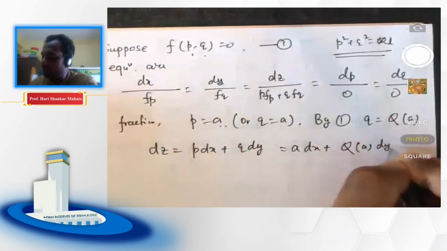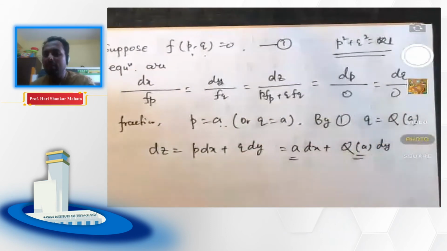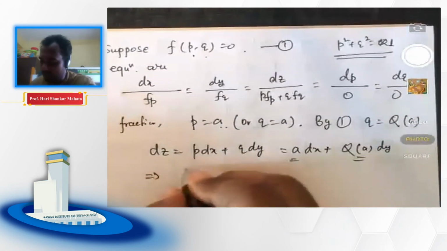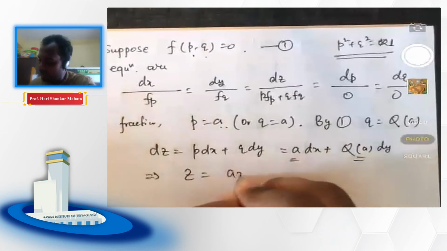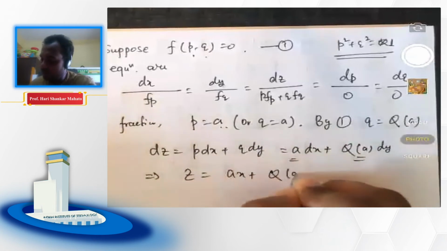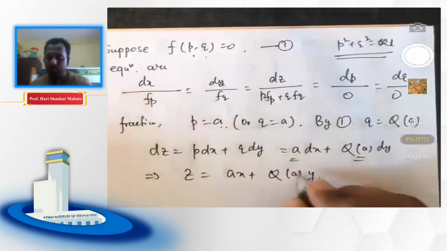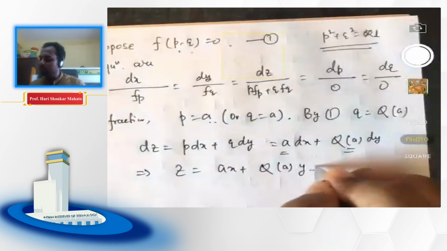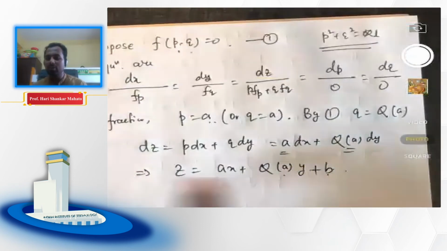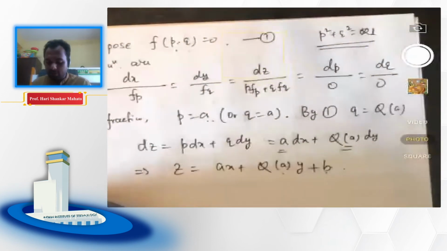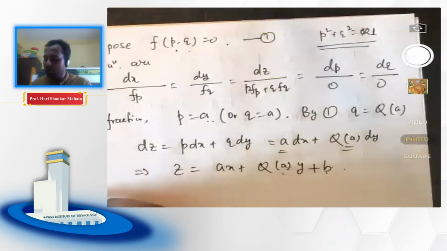Since they are both constants, you can do the integration very easily. And whatever you obtain, you will get z equal to a times x plus Q(a) times y plus some b. So b is that arbitrary constant. So a and b are two arbitrary constants. This is the required solution. You see? So basically, one possible example could be, if it says solve or find the complete integral,